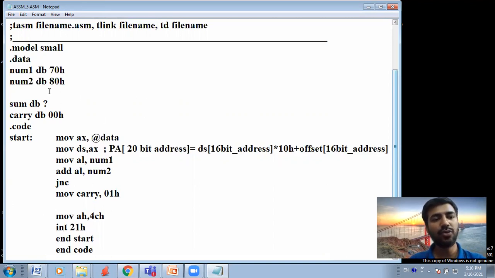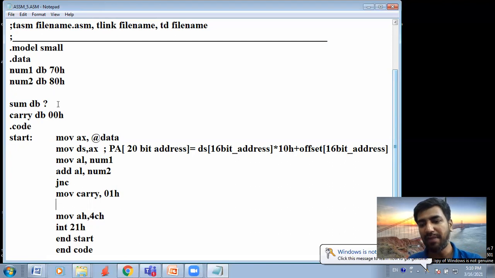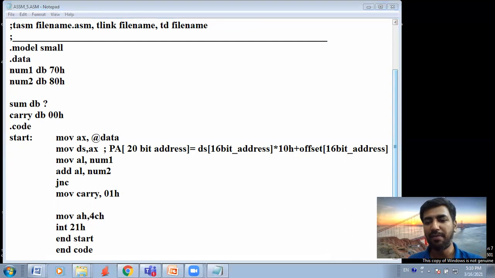Whenever I add two 8-bit numbers, I get the result maximum as 9-bit. When I add two 8-bit numbers, the result is at most 9-bit. It won't go beyond 9-bit. So I hope you understand this. That 9th bit will be stored at one memory location, and that would definitely be 01H, because the carry, the 1 bit produced, will become 01. So that's one extra number, and for that I will require a byte location.